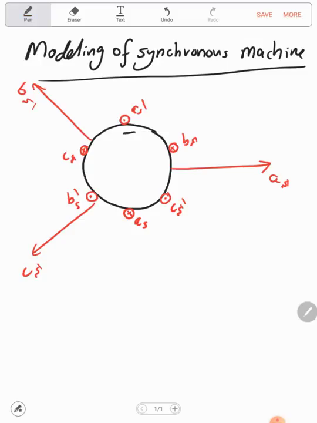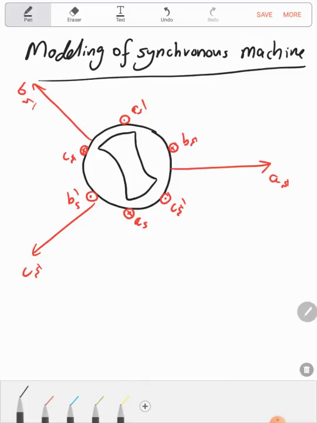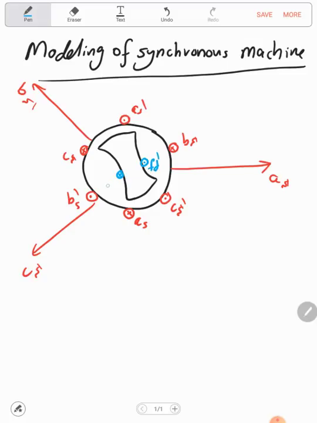Let's assume this is our rotor, and in this rotor let's assume we have a field coil. This is the start and the end of the field coil. So this will be the axis of the D axis, the field axis,